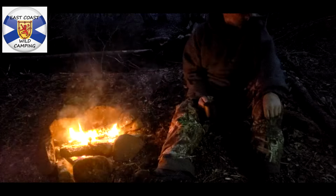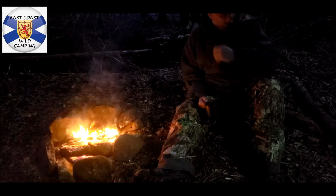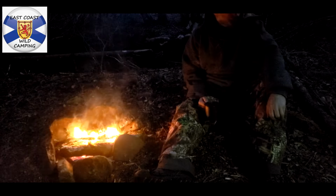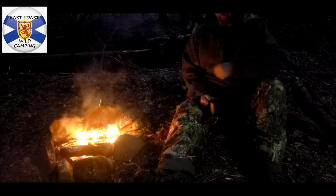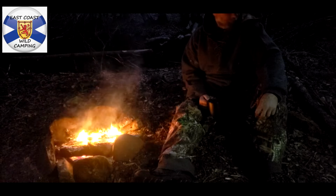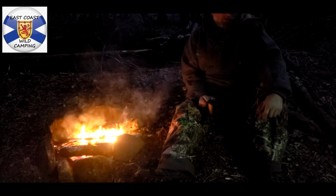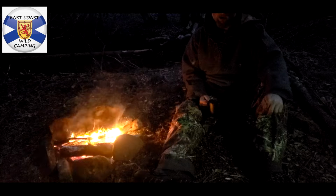So I've got my sleeping bag out, letting that loft up a little bit. I flipped the head end to the lower side. I don't know why, but I did. I might flip it back, I'm not sure yet, just because I got a right hand zip sleeping bag. I'd rather have a left hand zip, but beggars can't be choosers, right? So I'll probably end up flipping that back around so my head end is up at the open side, more or less,